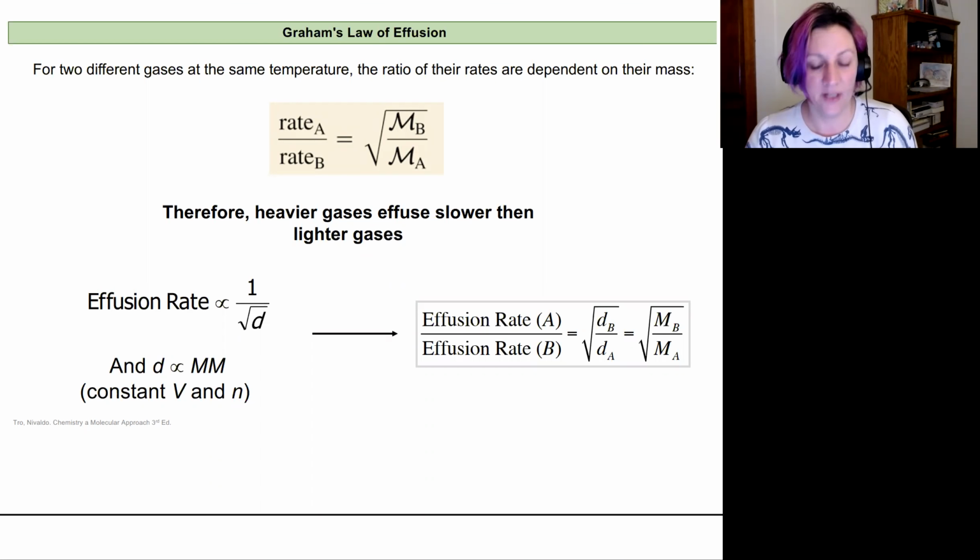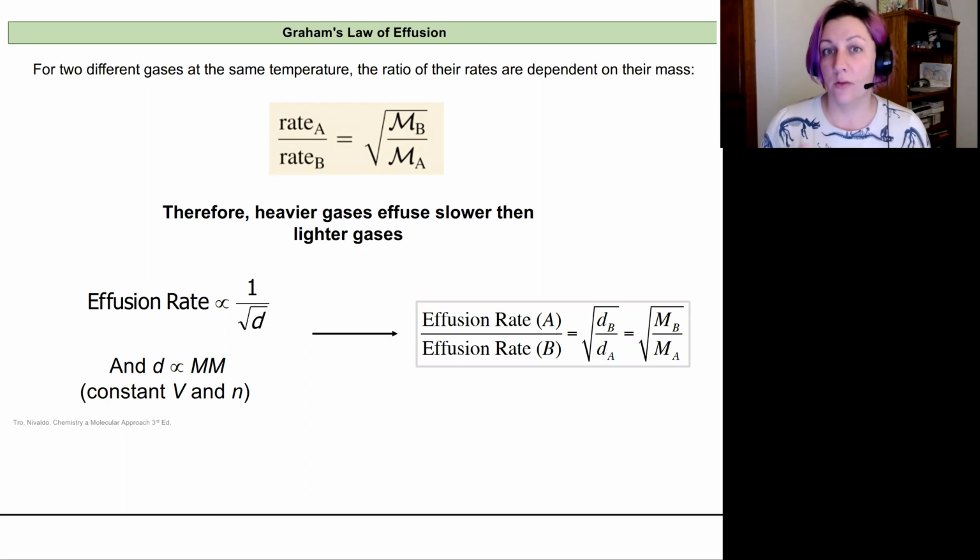So we have Graham's law of effusion next. For two different gases that are at the same temperature, the ratio of the rates that they will move at, so the rate is speed over time, will be dependent on their masses. And so this comes back to that idea that our lighter particles will have a higher average velocity than our heavier particles. And we can set up this relationship that's described by Graham's law, where the rate of a gas,